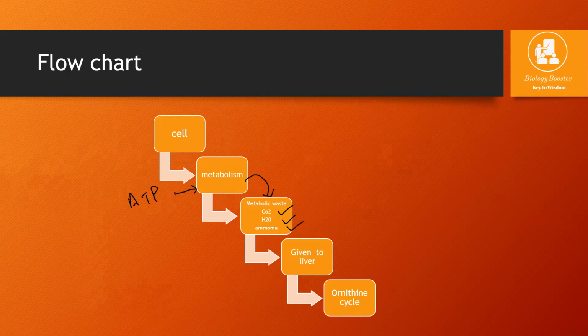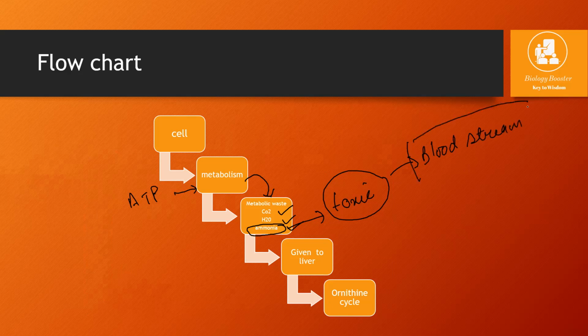These things are given to the liver. Why are they given to the liver? Because ammonia is very notorious. It is very toxic. तो आप क्या चाहते हैं? टॉक्सिक सब्सटेंस को सीधे ब्लड स्ट्रीम में डाल दिया जाए, डायरेक्टली इनटू ब्लड स्ट्रीम, ताकि जहां जहां ब्लड जाए टॉक्सिसिटी जाए. So do you want that? No, it should not be given directly into the bloodstream. Rather, this toxic substance should be given to the liver so that it becomes less toxic.